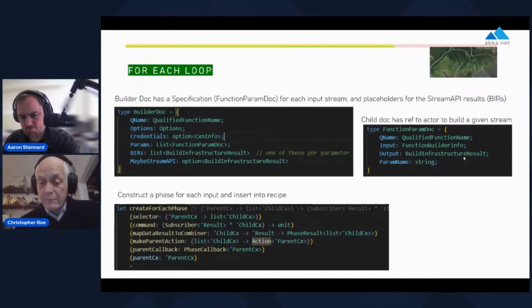When you finally get that result, you'll put it back into this document in the field output here. The form of that will be what I call a build infrastructure result. But basically, inside that structure is a Stream API. And it gets a little bit more complicated in the sense that I don't know ahead of time how many streams